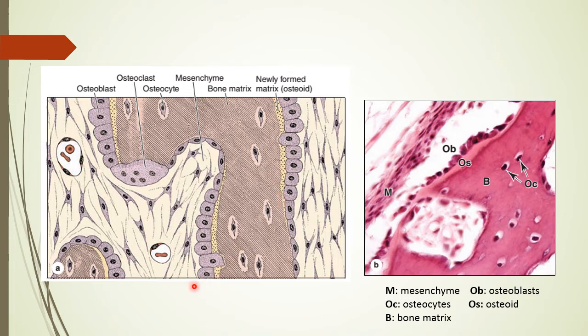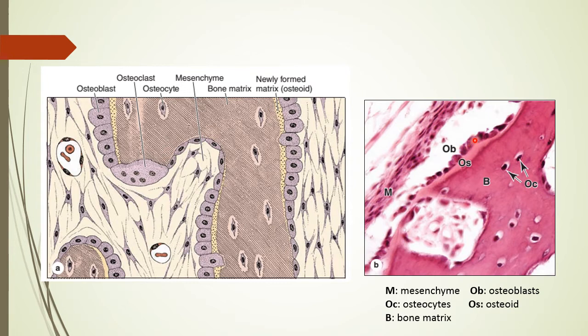In this diagram again, you see the osteoblasts, they are cuboidal here and nearly columnar here. Some of them are cuboidal, some of them are nearly columnar. They are large, taller cells, taller than the inactive cells. When they become inactive, they become flattened like this. These are inactive osteoblasts.